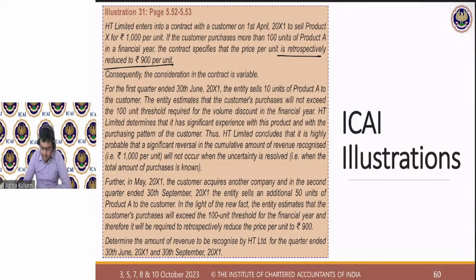Further, in May X1, the customer acquires another company. And in the second quarter ended 30th September, the entity sells additionally 50 units of product A to the customer. In light of the new fact, the entity estimates that the customer's purchases will exceed the 100 unit threshold for the financial year, and therefore it will be required to reduce retrospectively the price per unit to rupees 900. Determine the amount of revenue to be recognized by HT Limited for the quarter ended 30th June 20x1 and 30th September 20x1. All right. So now tell me,